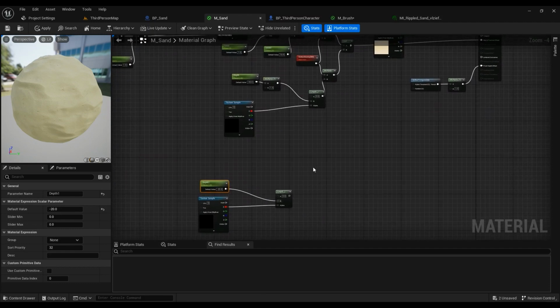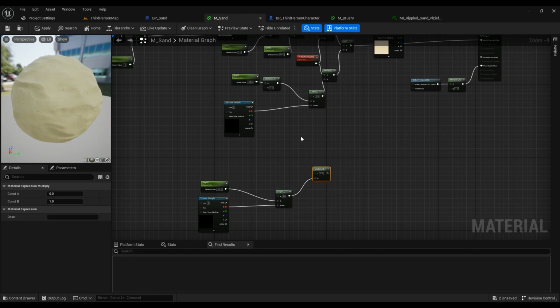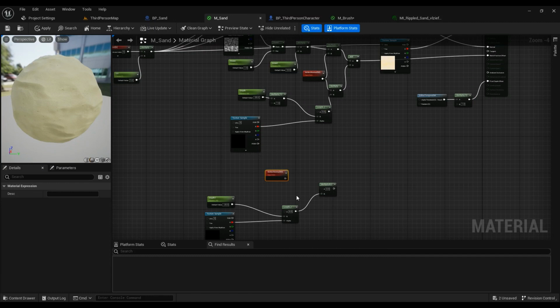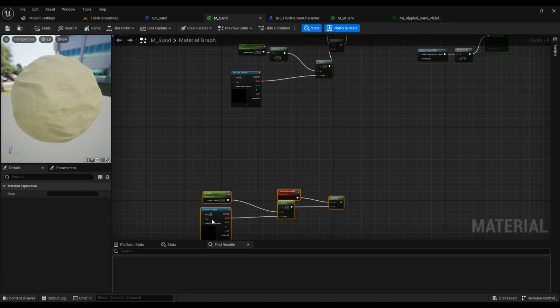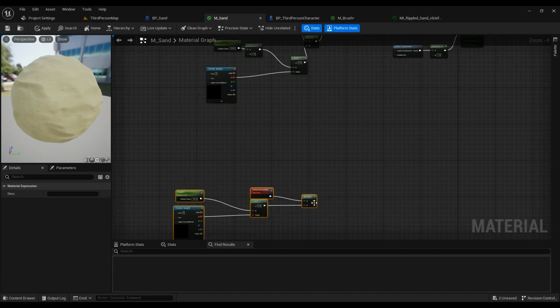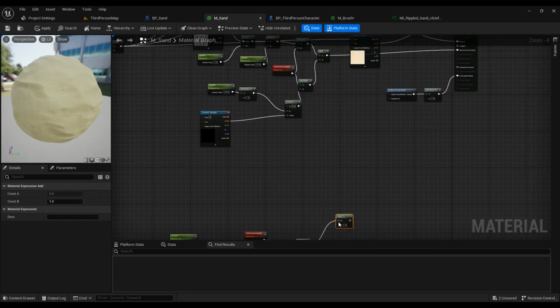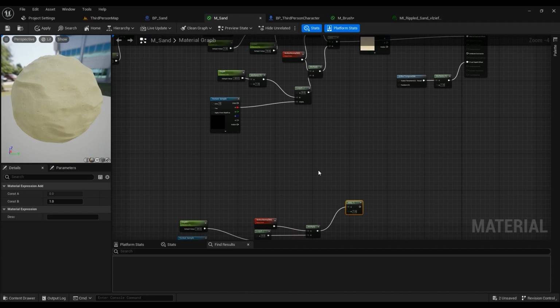So hold M on your keyboard, right click, vertex normal world space. This is gonna go this way. And then add this multiply to another multiply, which is